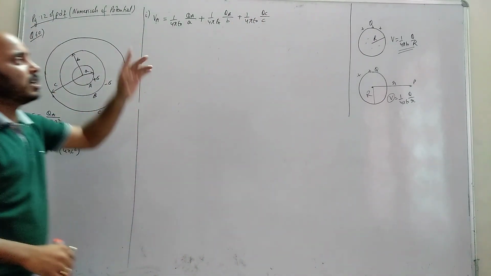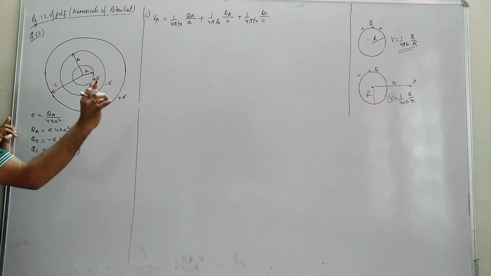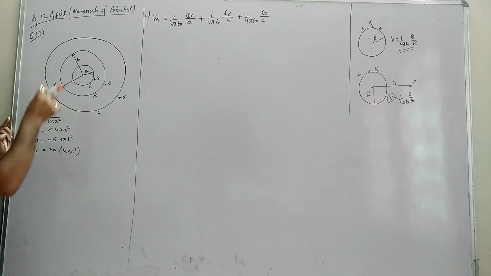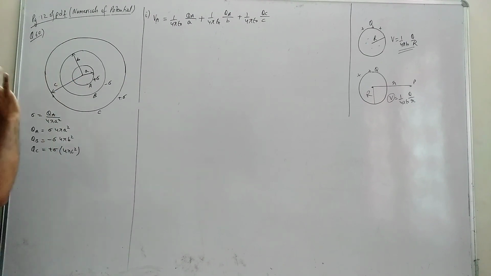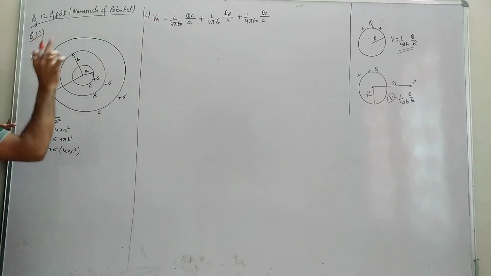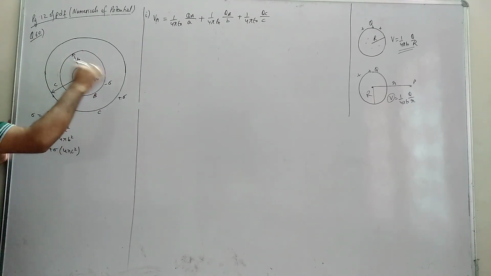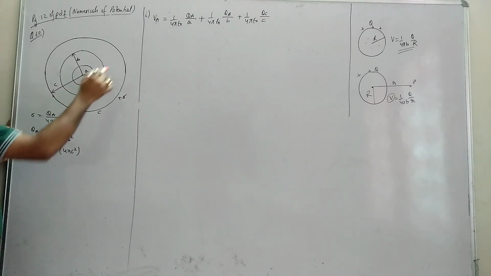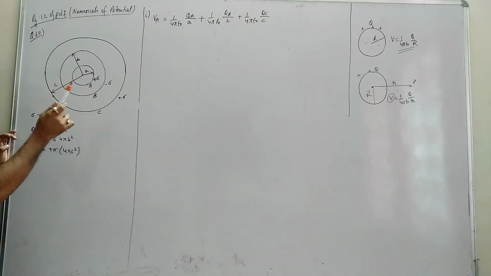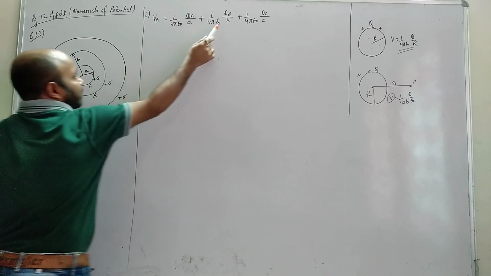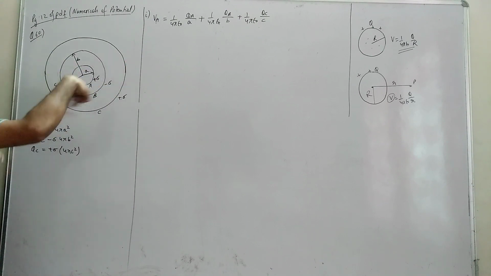So what is this potential? QC by C. Okay, this is the potential on the surface of cell C. And the same potential is acting inside the cell C also. And the cell A is inside cell C. That means the same potential will act on A also. So net potential on A will be the potential due to its own charge, the potential due to the charge on B, and the potential due to charge on C. Now, due to charge B, the potential is equal to the potential on its surface. Due to charge at C, the potential at A is equal to the potential on its surface.